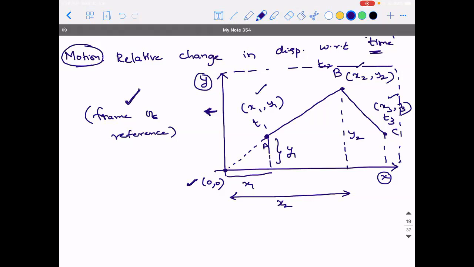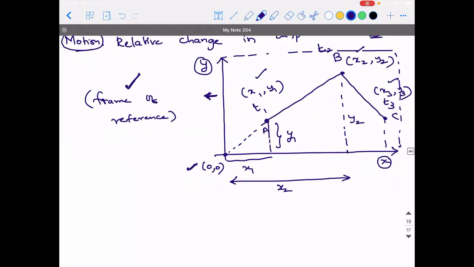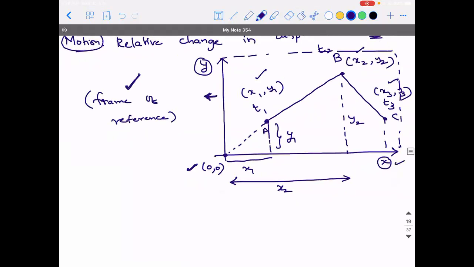Sir, can you repeat frame of reference? Can you repeat it once again? A frame of reference is nothing but, you understood this x-axis and y-axis, right? Yes. X and y-axis put together, can I call it as a two-dimensional plane? Right? X is one axis, y is one axis. So x comma y is called as a plane. Right? So I told you there is an object which is moving in the xy plane between different locations.